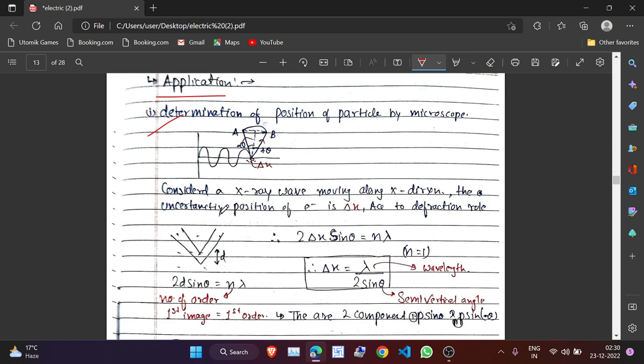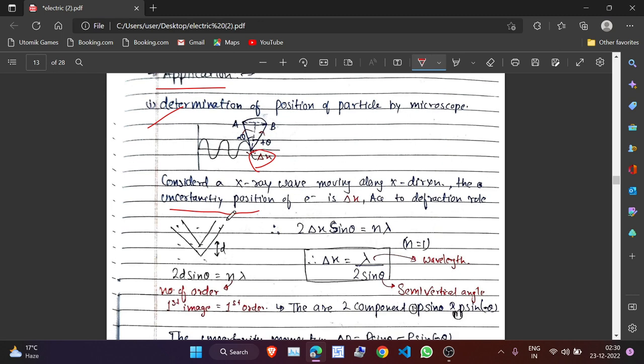Okay, there is uncertainty in position of the electron. This is a microscope. We are watching the X-ray. In the X-ray, there is a moving of electrons. If we see any point in the X-ray, there must be delta x. What is delta x? Delta x is the uncertainty in position of the electrons. And by the diffraction rule,